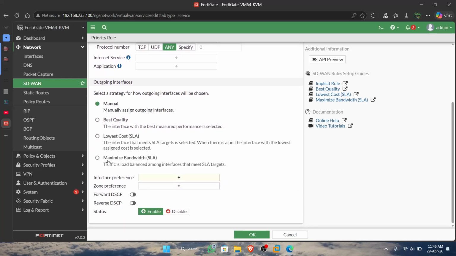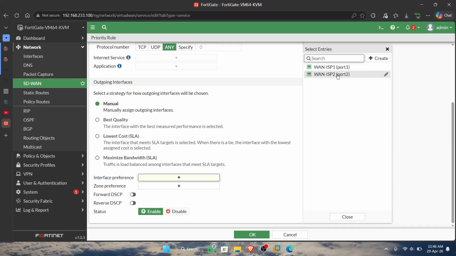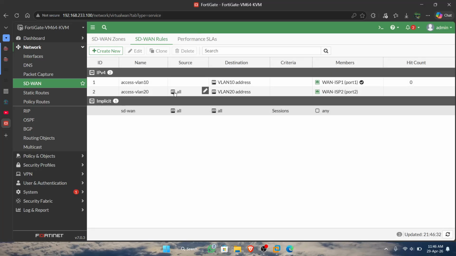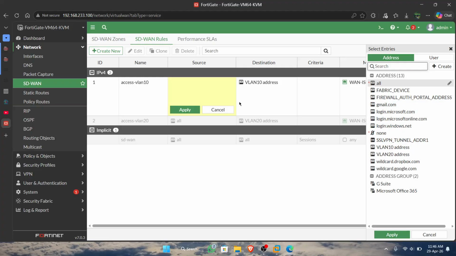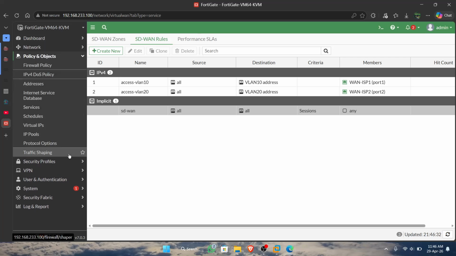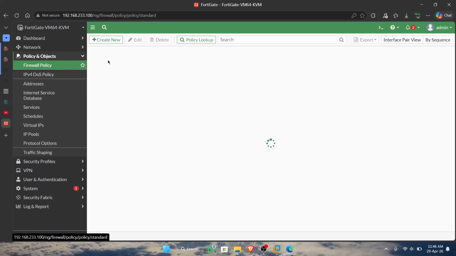Manual configuration again, and the interface preference is port 2. Then apply. We close SD1, and the next step is the firewall policy configuration.